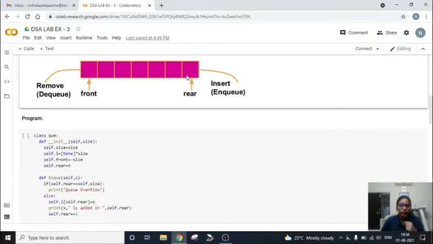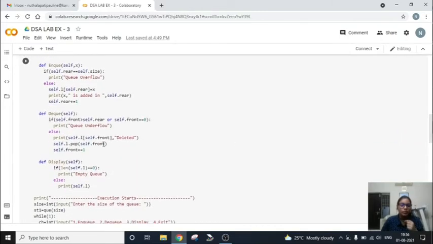After removing, the number here in the second position will be moved to the first position, which is what we have written here in the code. After popping out the first number, the number next to the popped out element will take the first position, which means the front will be incremented by 1.